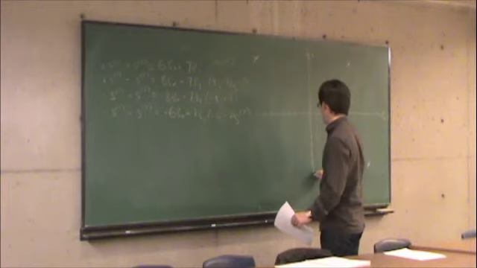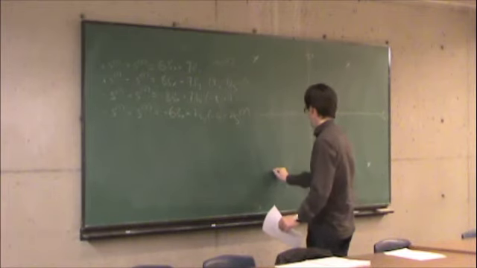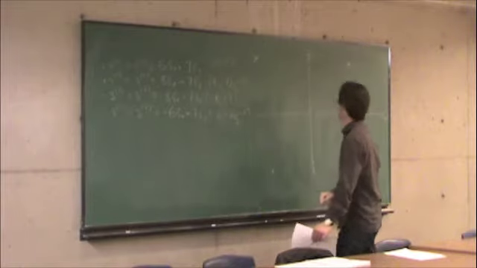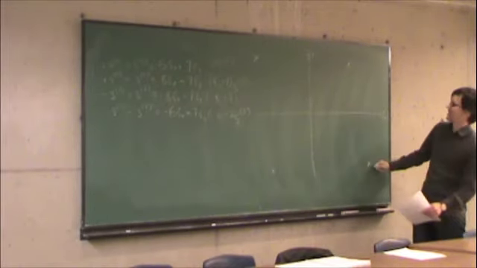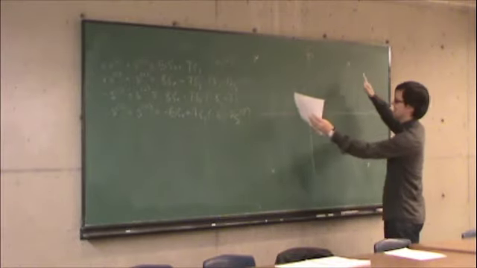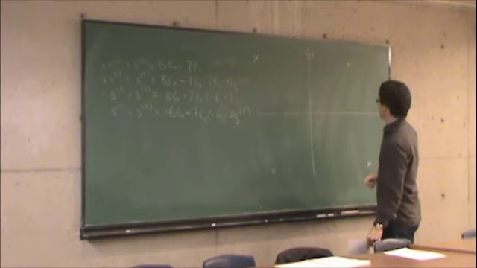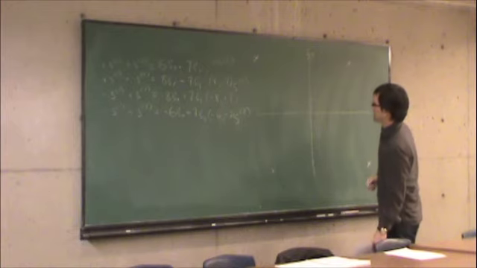So minus 7, 6, minus 7. So I have this slightly askew box. Whereas before everything was rectangular, now I have this slightly askew arrangement. So what you would find